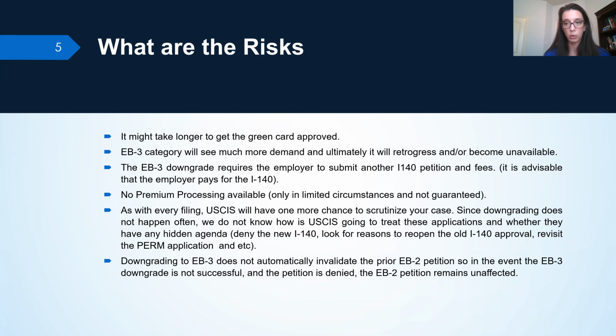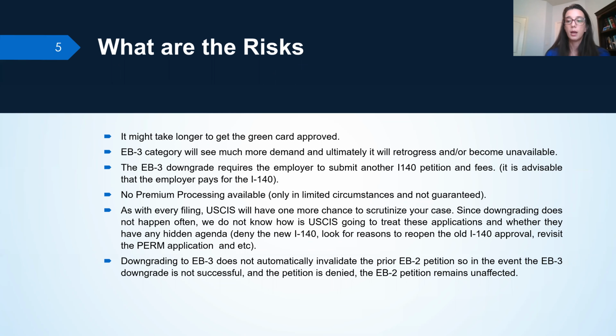And that has happened before. So what happens when it retrogresses or becomes unavailable? Basically, you're stuck in the process with I-485 pending for probably a number of years. So in order for you to get the green card, that visa bulletin has to be current. Your priority date has to be current again. So that's why it might take longer to get your green card approved in the EB3 category,